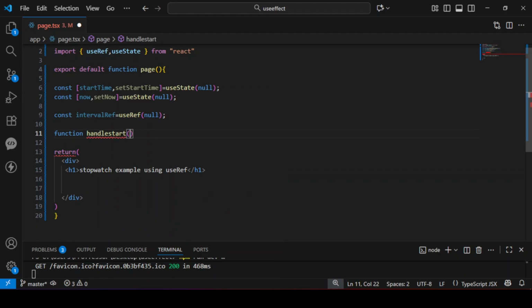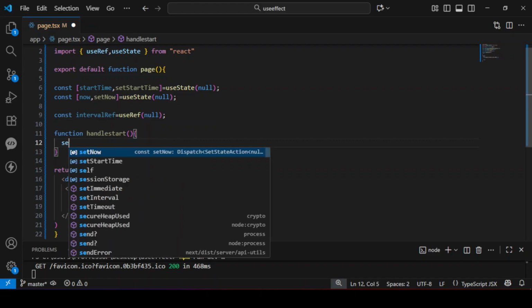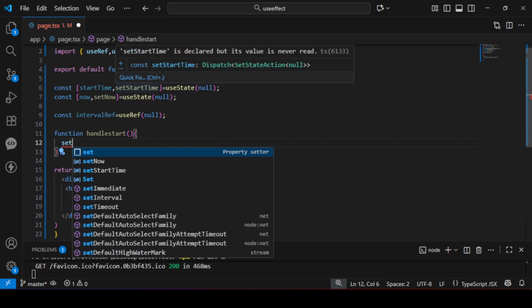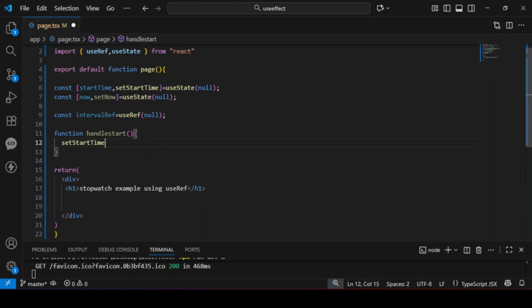So this function will be used to start the timer. Great. And for us to start the timer, we can do this. We're going to call this function set start time. This function here, we need to set the start time. So you can just say set start time,